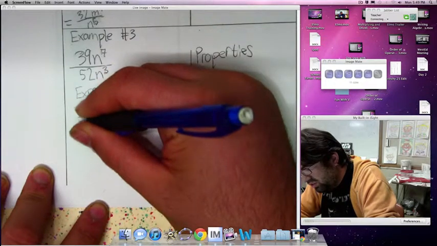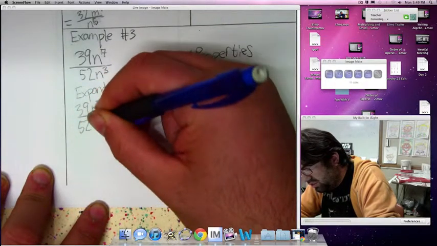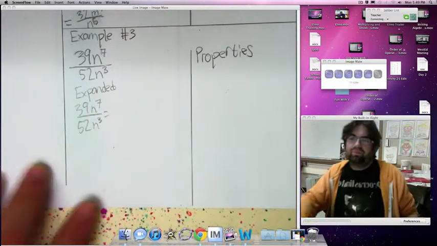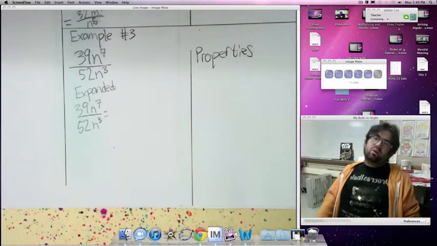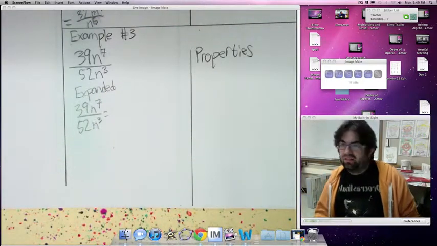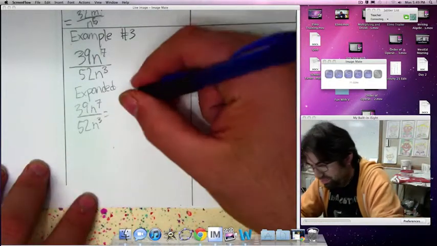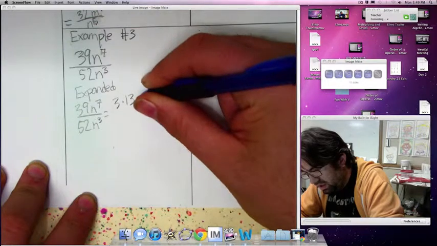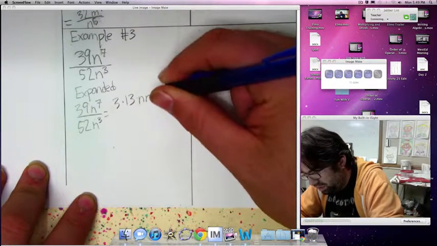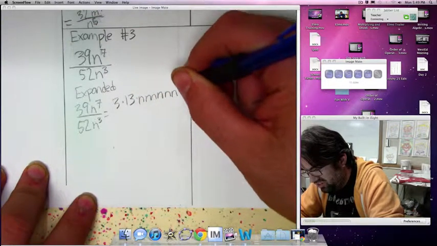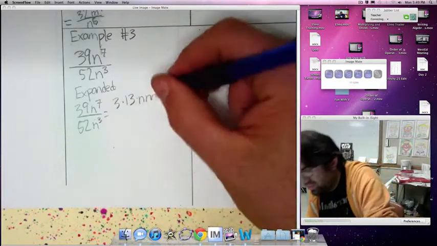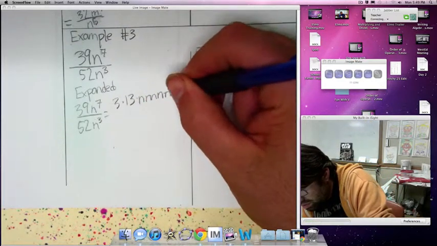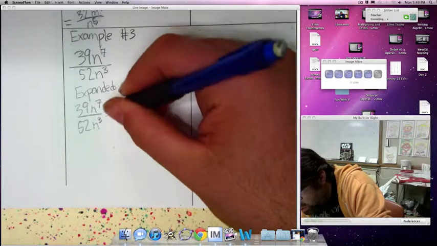And because of space, we're going to put equal. 39. What times what equals 39? I can divide it by 3. And then I got 1, 2, 3, 4, 5, 6, 7 n's all multiplied together. All divided by